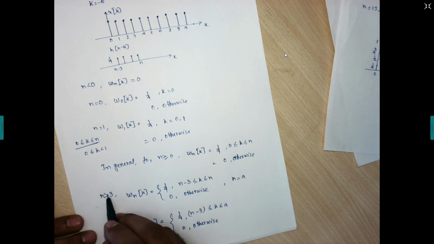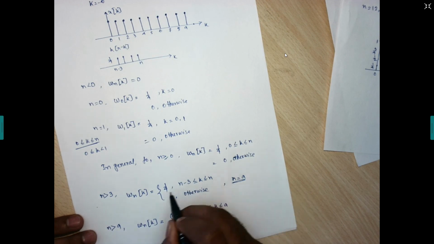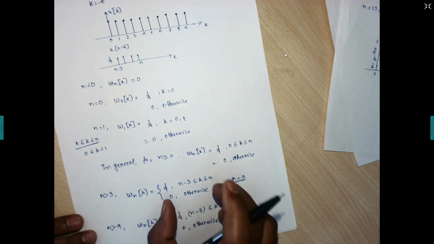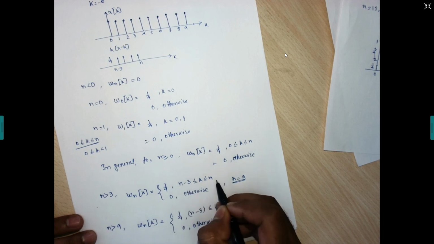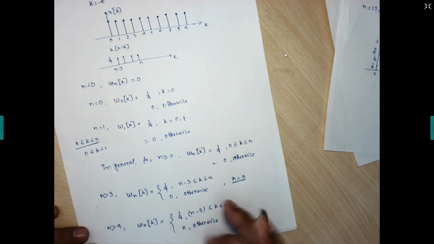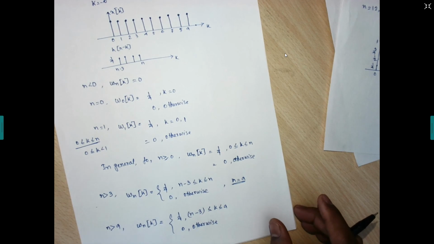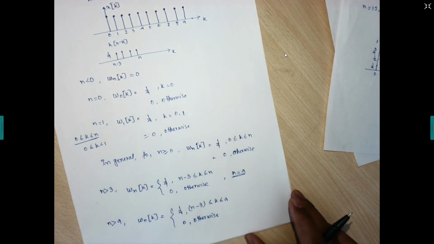But if we move from n greater than 3 and go up to 9, this 9 is fixed for this case, means up to 9. So n minus 3 up to 9, take all. Up to this case, that is n minus 3 to n, we have all the 4 samples which are supposed to map on h of n minus k. But if we go to n greater than 9, the number of mappings keeps decreasing. Clear? Still any doubt? Any other doubt?